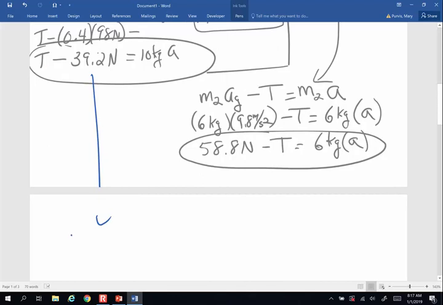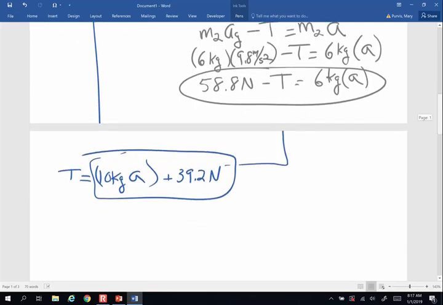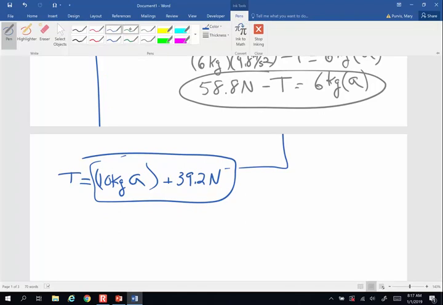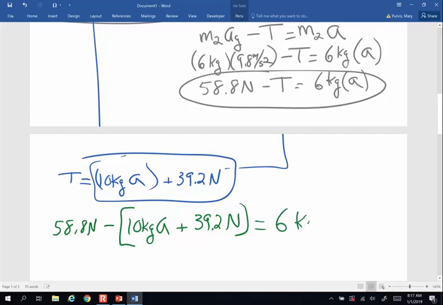So this equation, tension is going to be equal to 10 kilograms times A. When this moves to the other side, it will change sign. So it's plus 39.2 newtons. I'm then going to take all of that and put it into this equation for tension. So here's what I've got. I'm going to have 58.8 newtons minus tension. Now tension is all of that, 10 kilograms times A, plus 39.2 newtons equals 6 kilograms